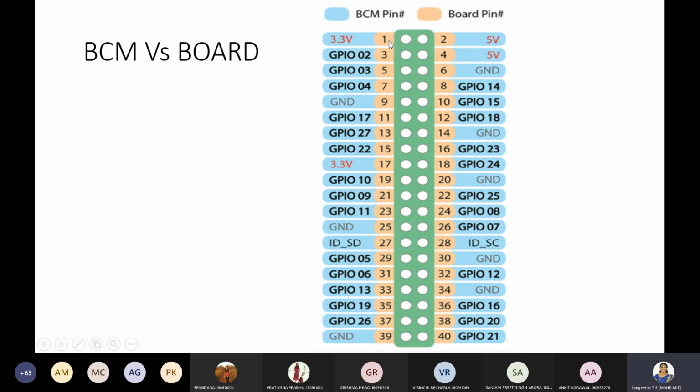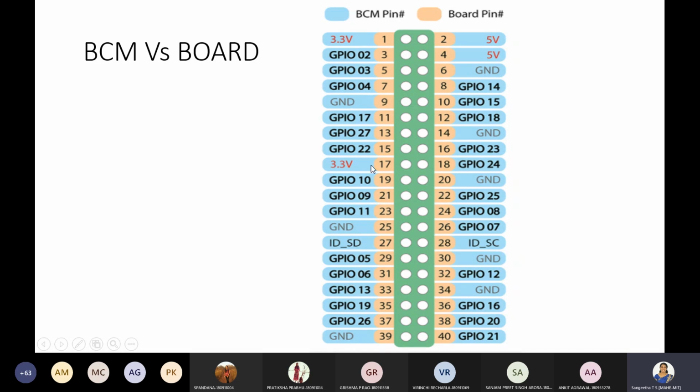So the top left pin is numbered 1, and on the right side are all even numbers and on the left side all odd numbers, since it starts from the top left. Whereas when you consider BCM, it has random ordering, you can see here. GPIO 2, 3, 4, then you see GPIO 5 is over here, GPIO 6 is over here.